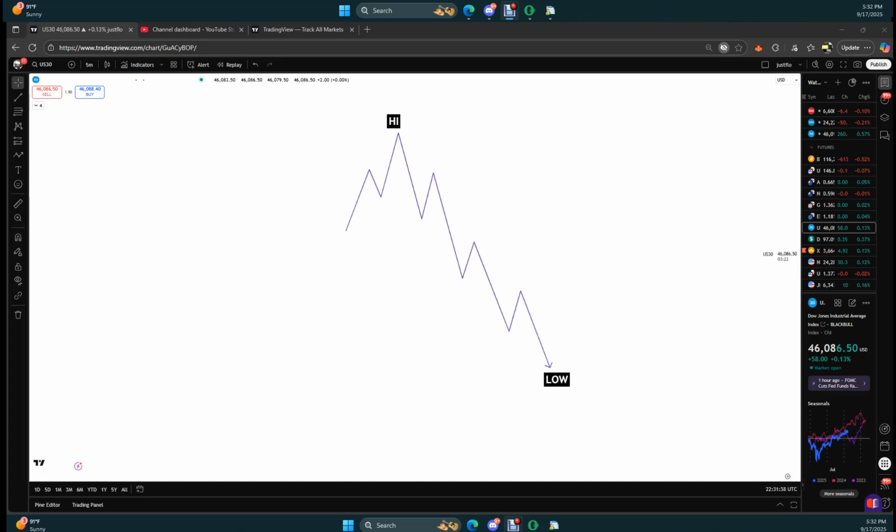Okay, folks, this is for the people that were in the Discord asking about how to use the Fib levels